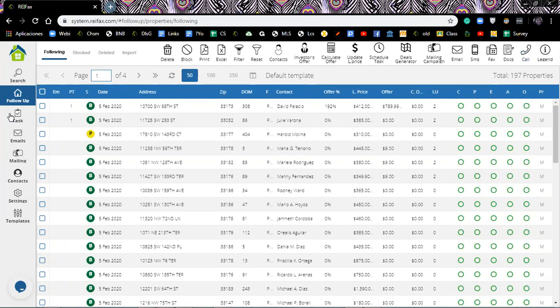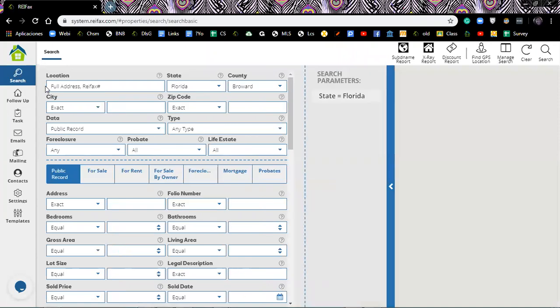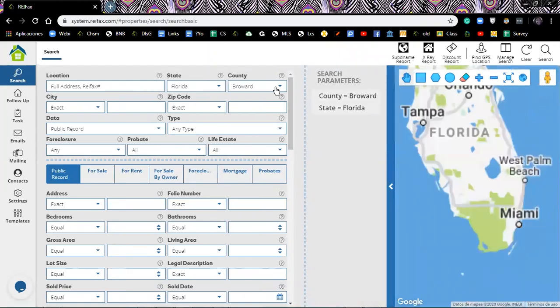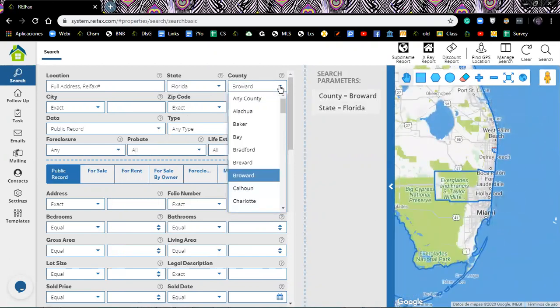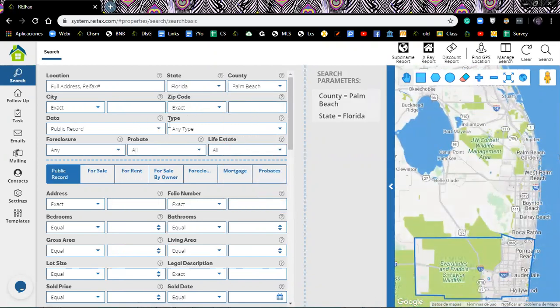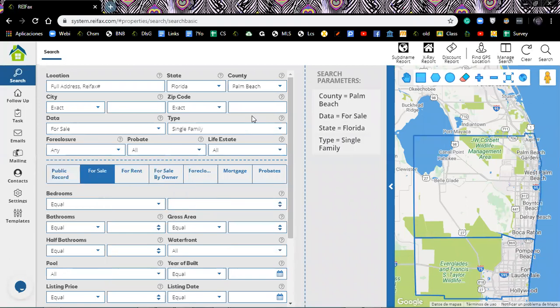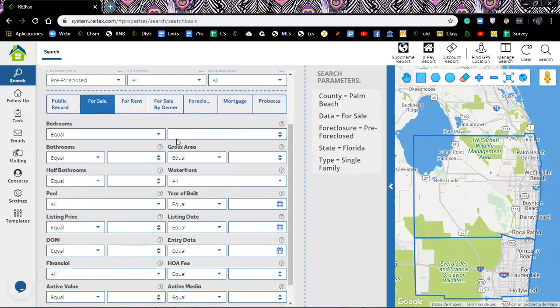Let's do a little search. I'm going to go to my search panel, search, and I'm going to do a little search here. I'm going to look in, let's do Palm Beach today. Palm Beach, properties for sale, single family, pre-foreclosed,